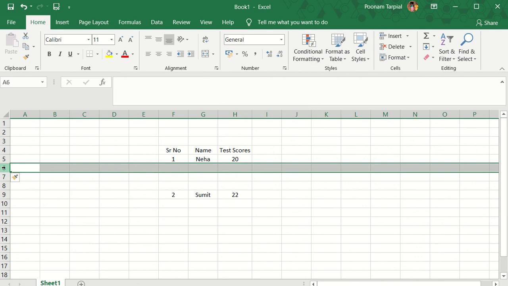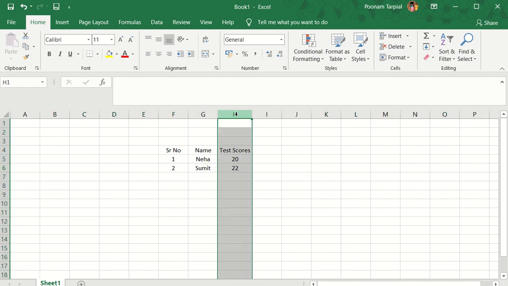In case you are intending to add multiple rows, please press and hold the control button and keep on hitting the plus button from the keyboard, and then you can go about adding multiple rows.